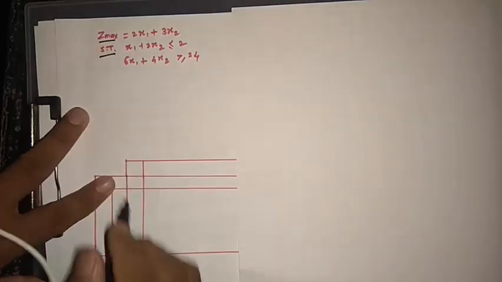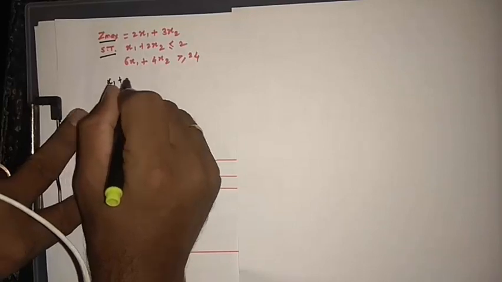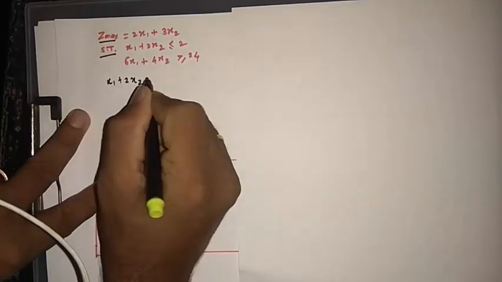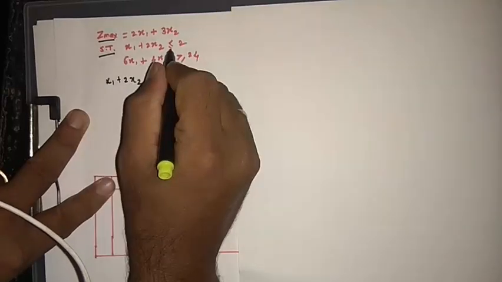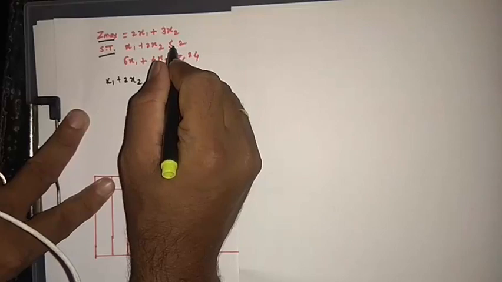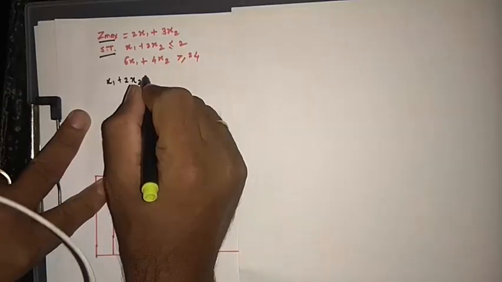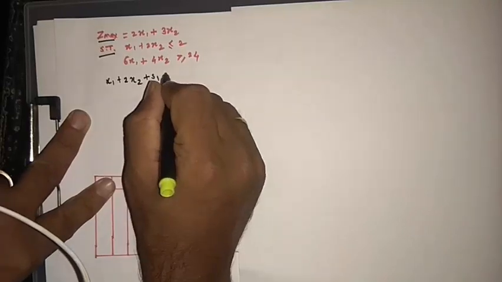Now first of all, we convert into this standard form. So consider the constraint. First of all, the first constraint is x1 plus 2x2. Okay, and this sign is less than or equal to. Whenever we have to convert this into the equality sign, we have to add some value. In this particular case we are adding the s1 as a slack variable, then it becomes 2.